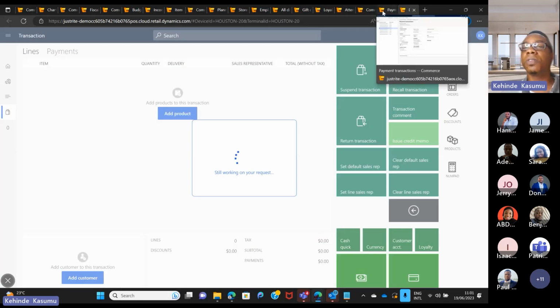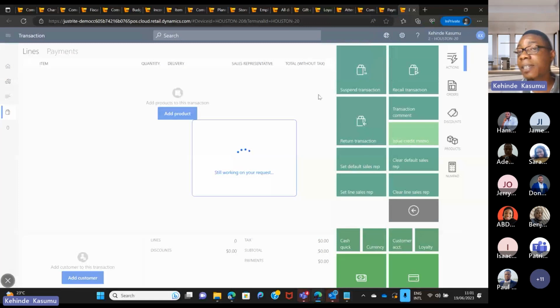You have the modern point of sale application, which has the same experience. The only difference is that with the modern point of sale, you can work offline. That does not require you to have internet connectivity. You can work offline, and when network connectivity is restored, you can automatically sync to the central database, which is in the cloud. Based on what I've shown you so far, that's 365 Commerce, and it streamlines your retail commerce operations.